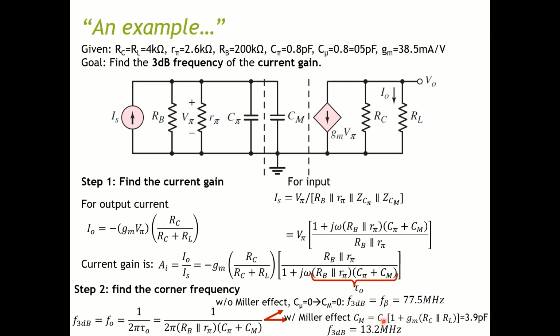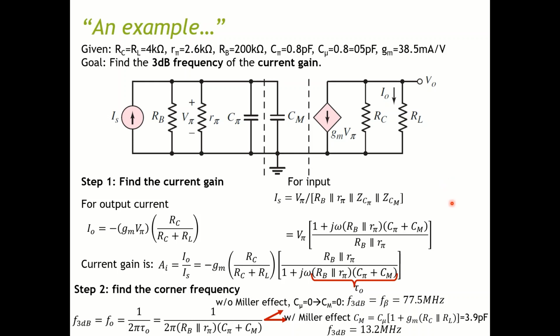Therefore, the 3 dB frequency now is a lot less, at 13.2 megahertz. So it's a lot less than 70.5 megahertz